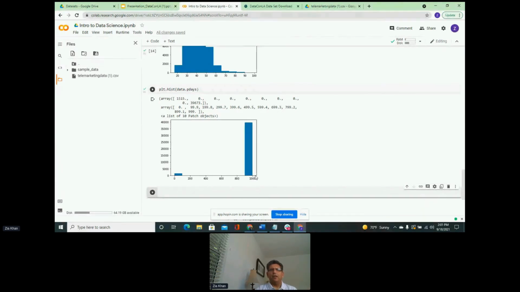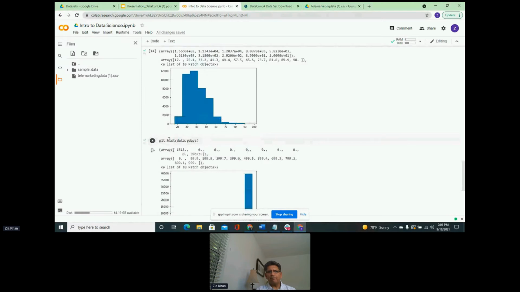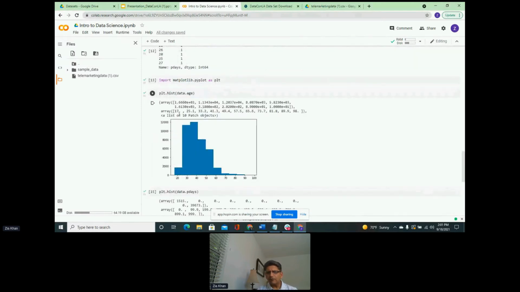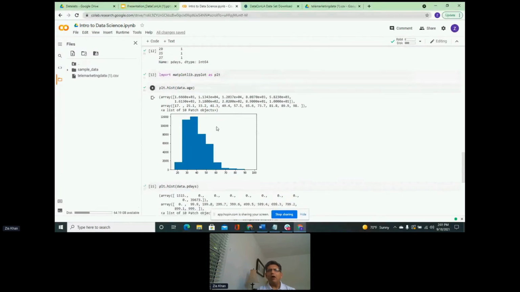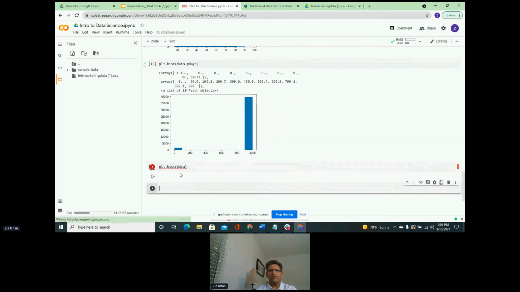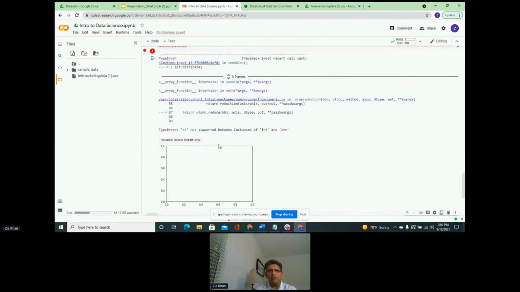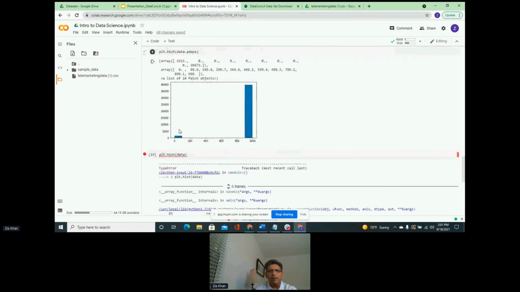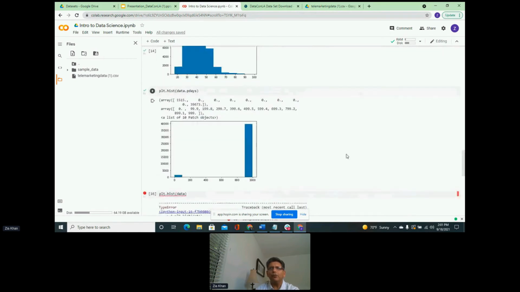Now, the histogram can be done for each feature, or it can be done together for the whole data set. So we can build a histogram for the complete data set as well. And if we pass the complete data set,